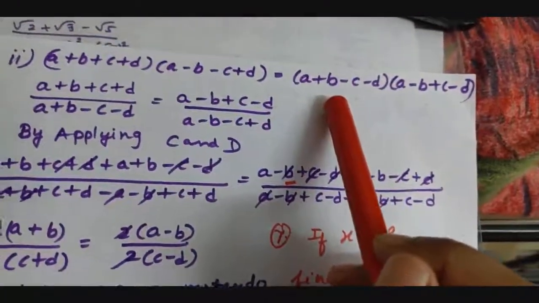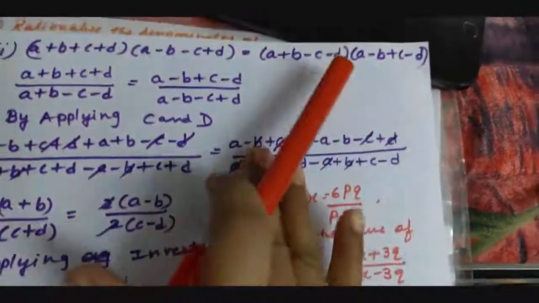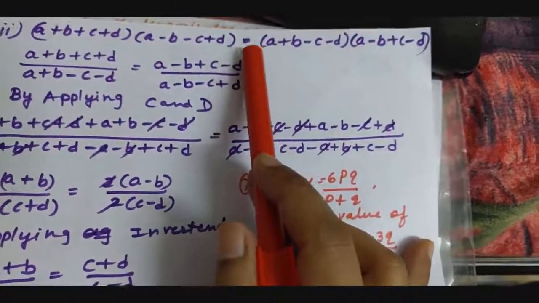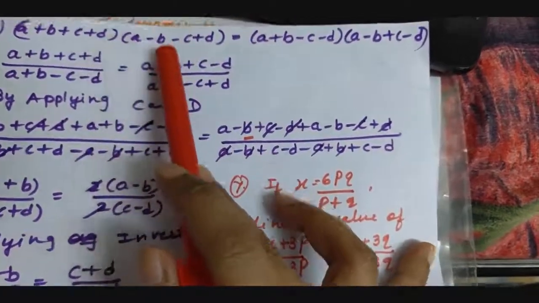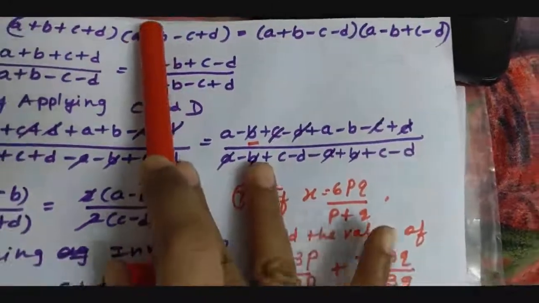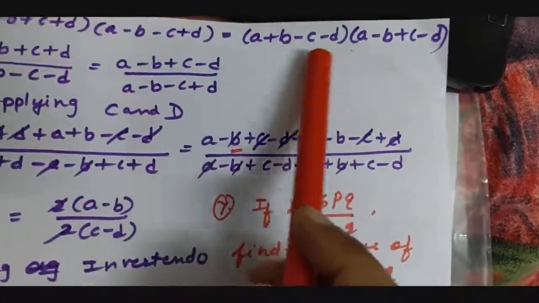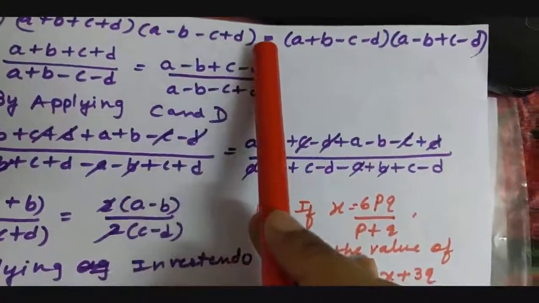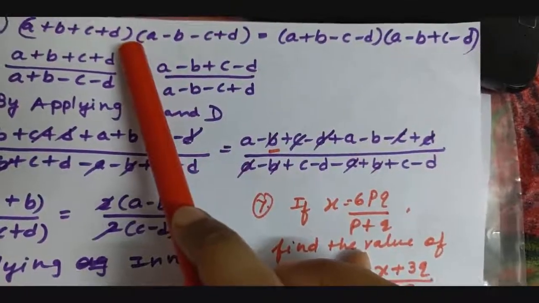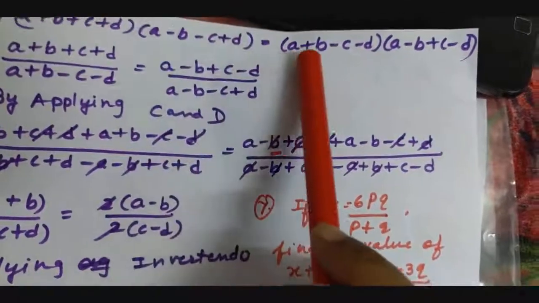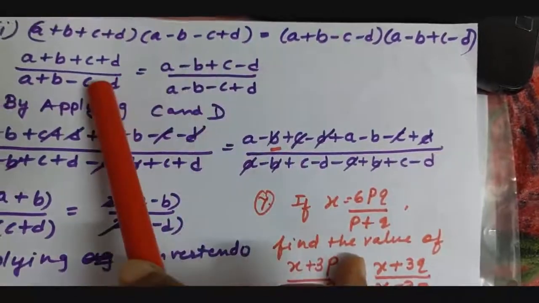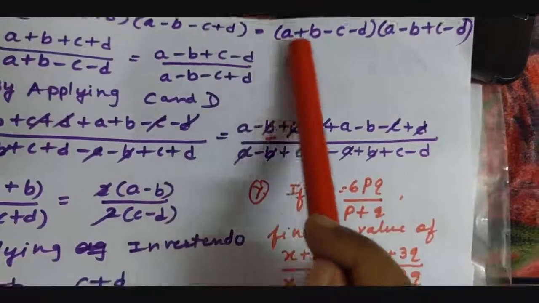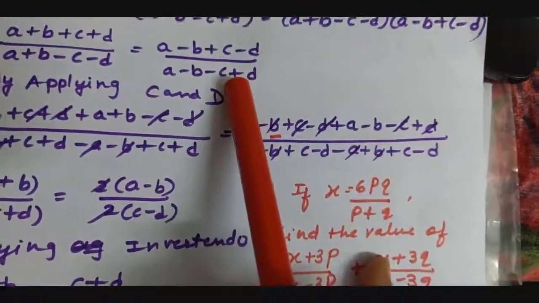You want to show here a, b, c, d in proportion, or you can say a by b is equal to c by d if this is given. Now you see this into this means they are given in multiplication, and here also they are given in multiplication. So first of all we have to rearrange the terms by taking a plus b plus c plus d, and I am taking this in the cross way like this in the denominator, this term as it is again, and this term here in the denominator taking like this.